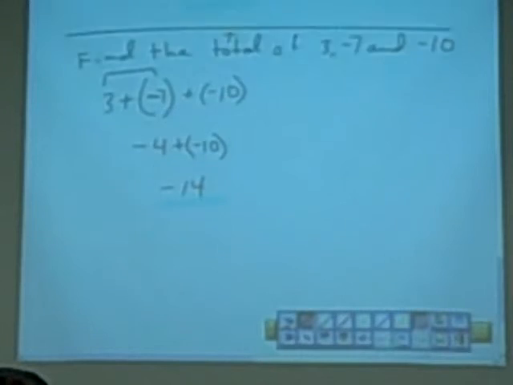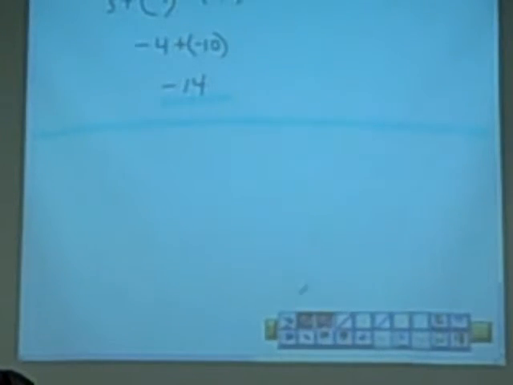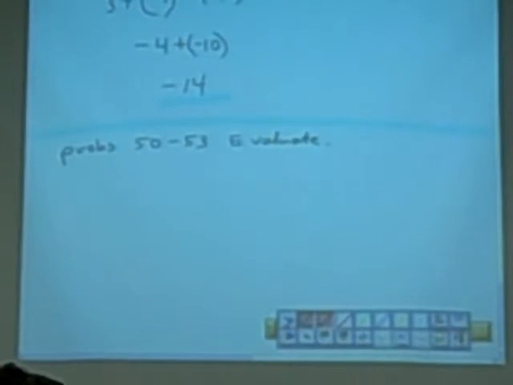Okay, problems 50 through 53, we want to evaluate. And this is problem number 48. We have x plus y, and then we want to evaluate x plus y, where x equals a negative 5